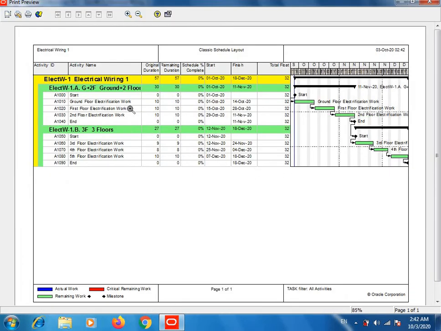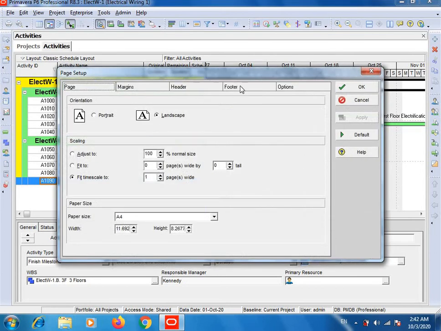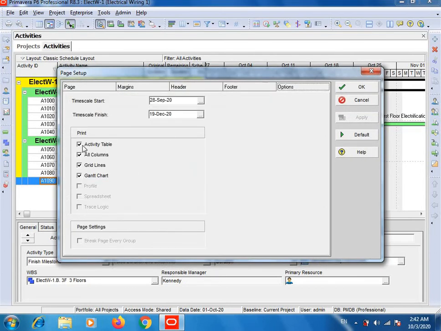Here you can see the activity table and the Gantt chart, but your Gantt chart is not properly visible. So for this we will uncheck this activity table, and then we will click on OK.